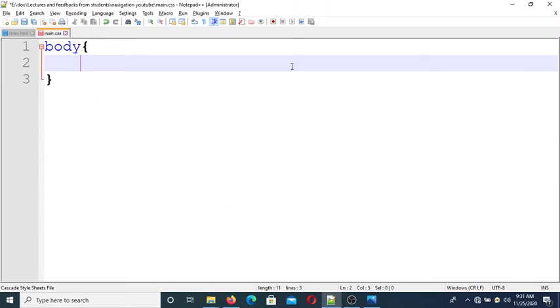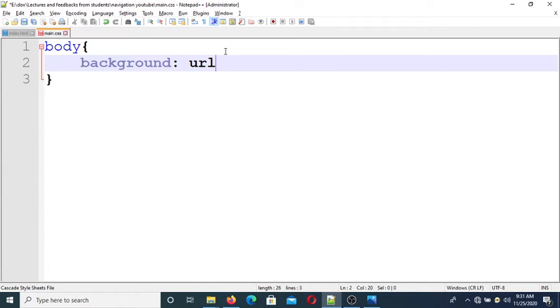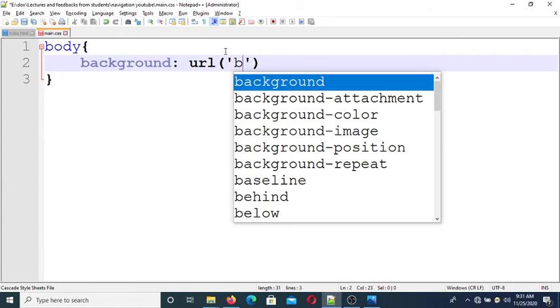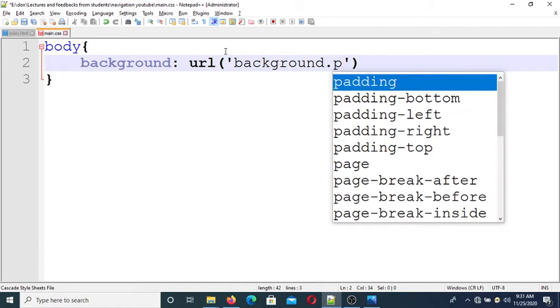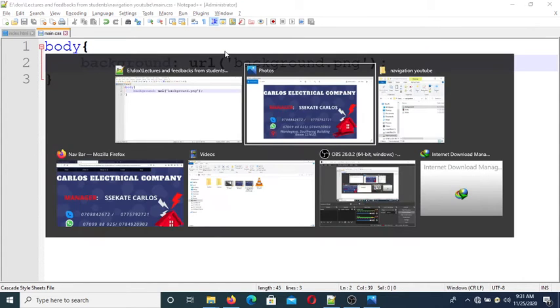So you can access an image in many ways, but I'm going to use the CSS way. So I'm going to have my background. You need to be familiar with these attributes. Have URL, and inside the URL, that's where I'm going to place my image. The image name is background.png. PNG. Okay, so once we have this,